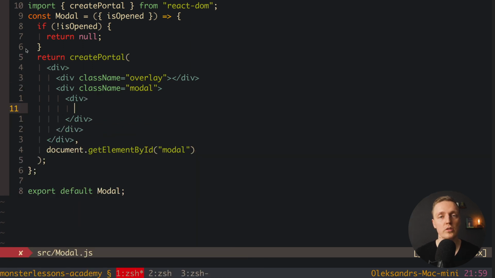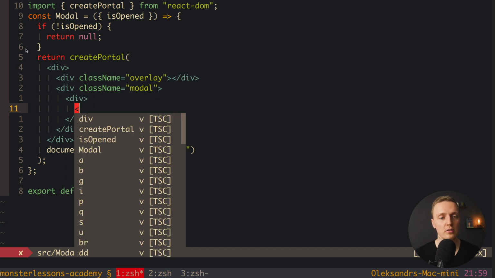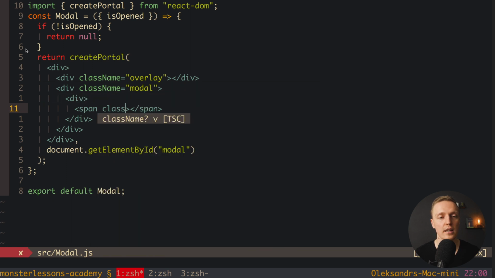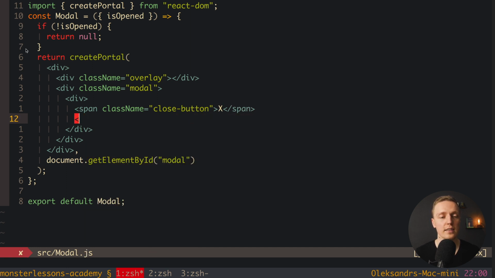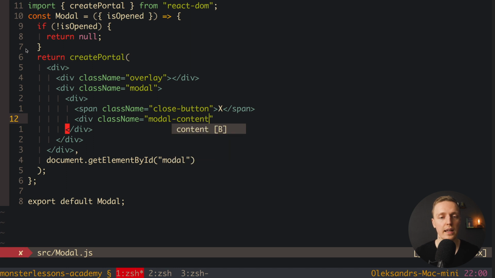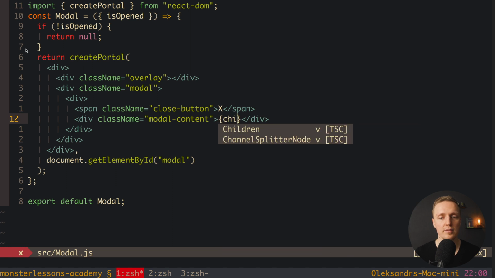Now inside we want to render two things. First of all, the content that we passed from the parent, and secondly the cross button, so we can close our modal. So first of all, here I want to create the span, where inside we will render the cross. So here will be className close button. We will style it later, and here I will just put X, and after this here is our div with content. So here will be className modal content,